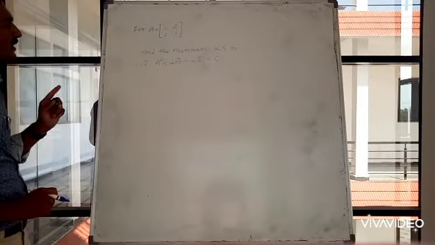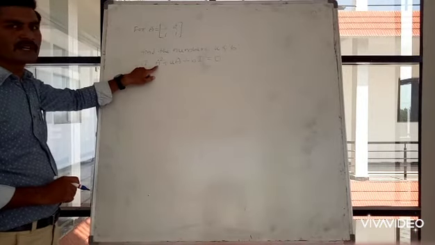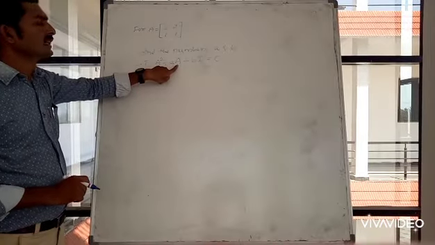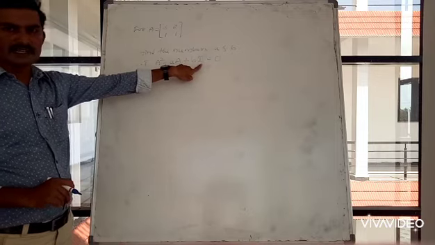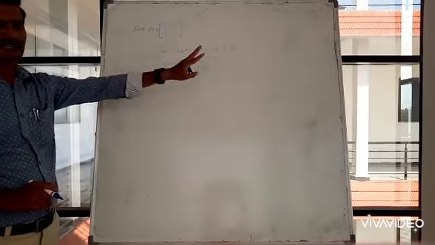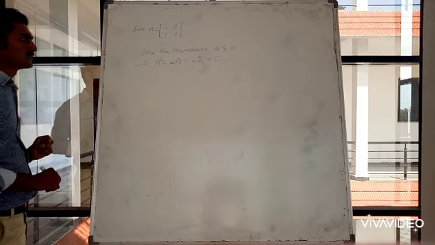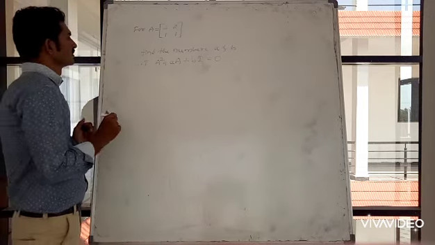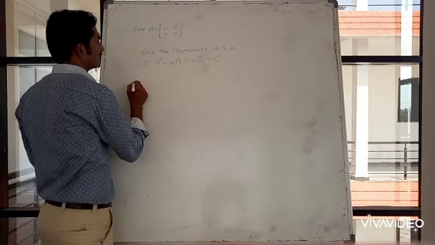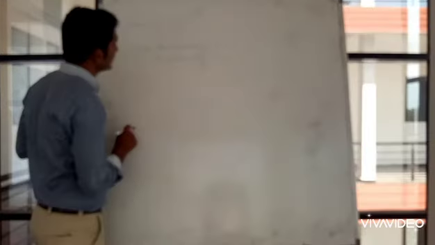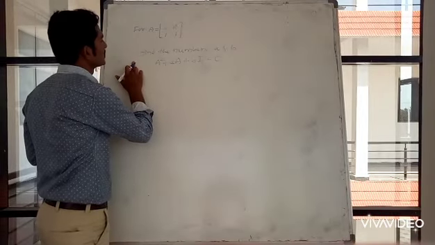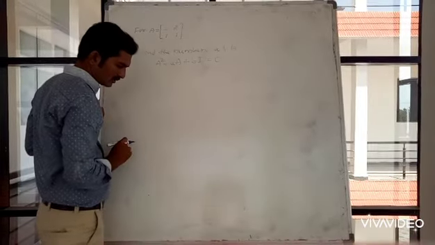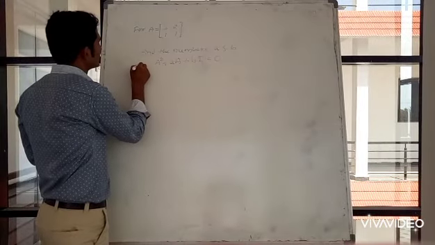Already A is given, we need to calculate A square. Given A, then I is the identity, substitute, and on the right hand side consider the zero matrix of order 2 plus 2. Find the numbers such that